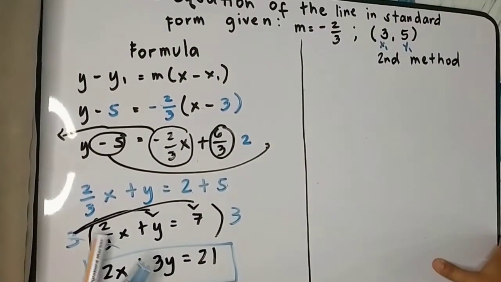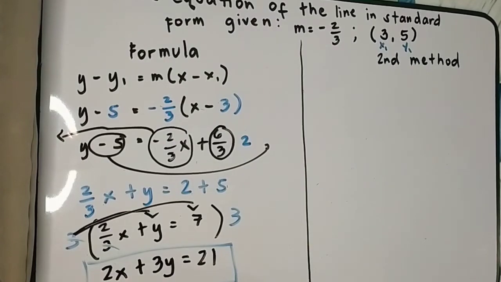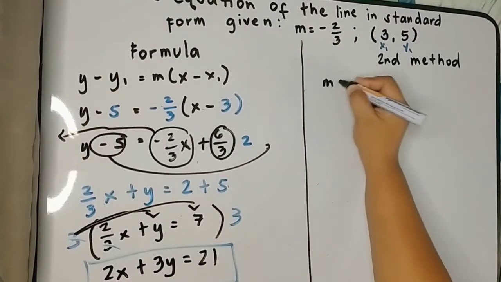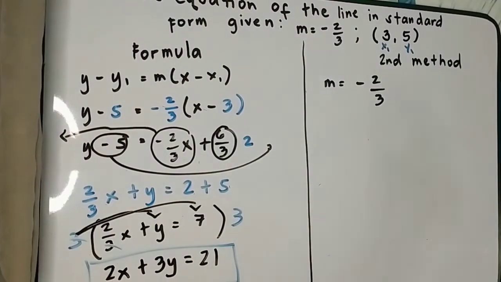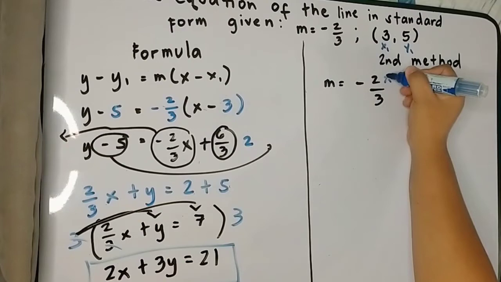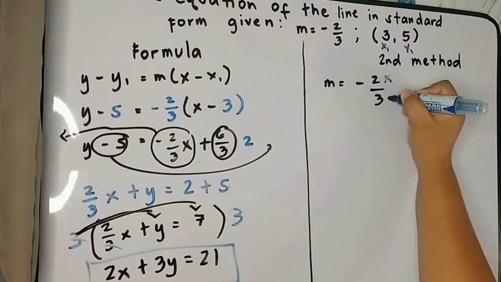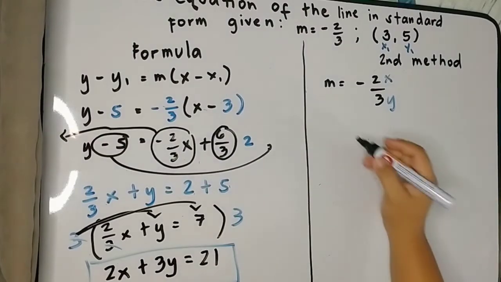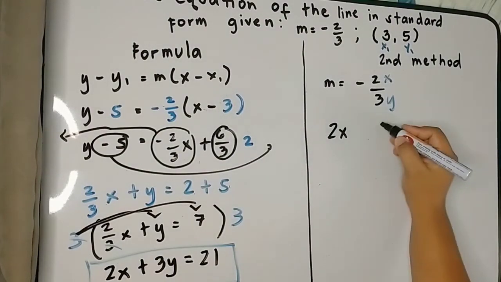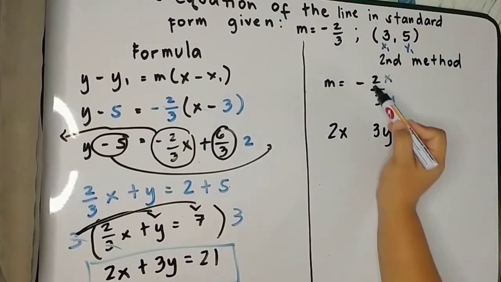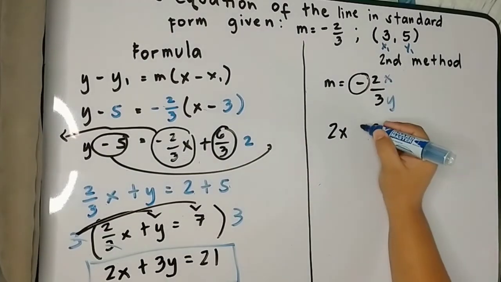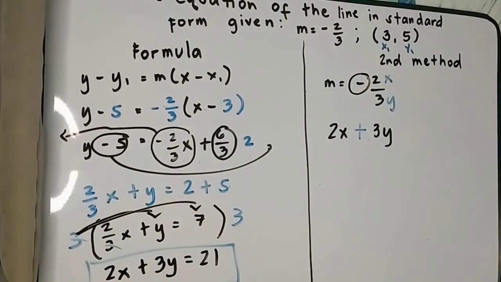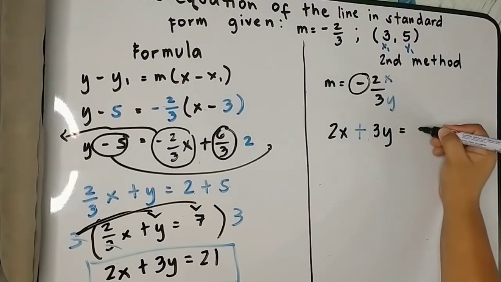Second method, again, ang first step, di ba, sa second method is the slope. So, slope is negative 2/3. Again, di ba, sa slope, si numerator siya si x, si denominator, that is your y. So, you have 2x tapos 3y. Now, since, di ba, negative yung value ng slope, kaya yung operation or si y ay magiging positive. Laging kabaliktaran. Equals,